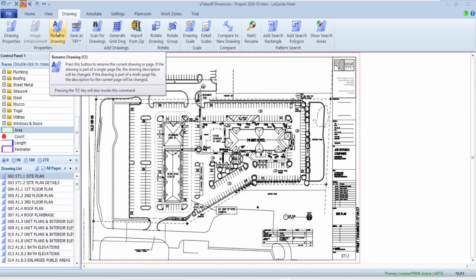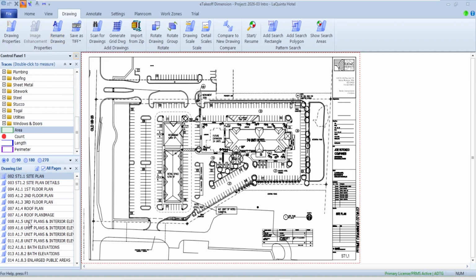But the one thing I do want to talk a little bit about is something called Rename Drawing. My drawings came in pretty decent because whoever built these files named the different pages, so they've got a little bit of relevancy to them. It's also sometimes common for this to just say page 1, 2, 3, 4, 5, something very generic where you don't know what these details are that you're looking at.